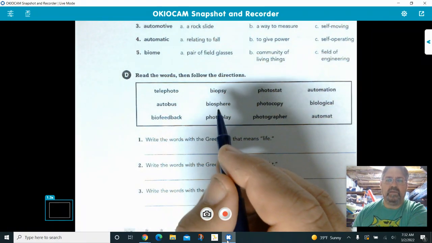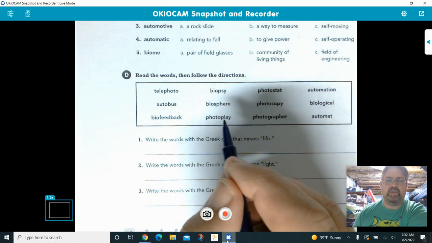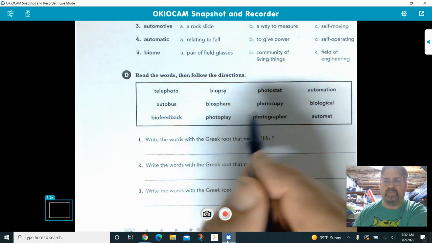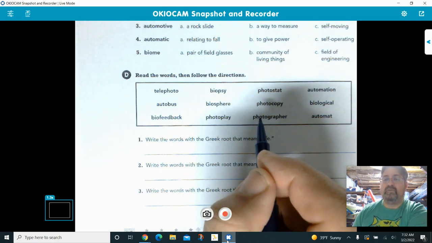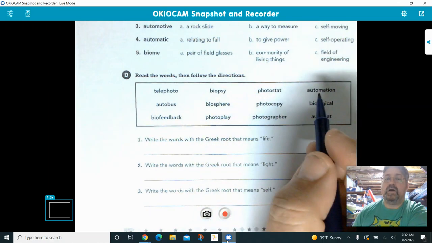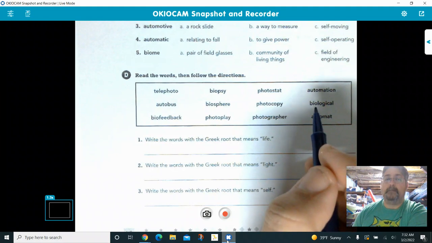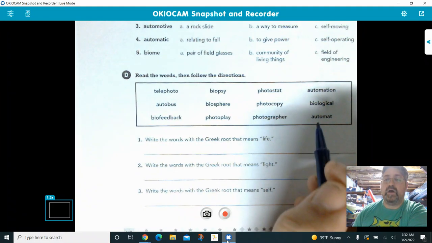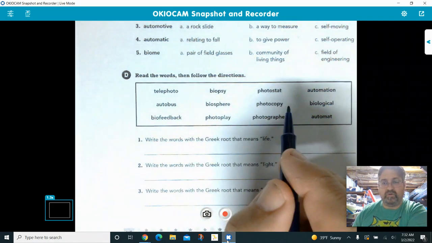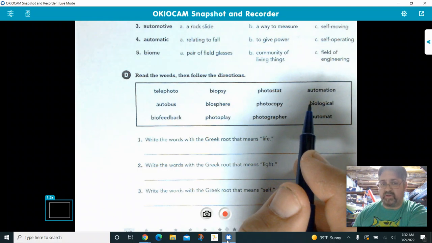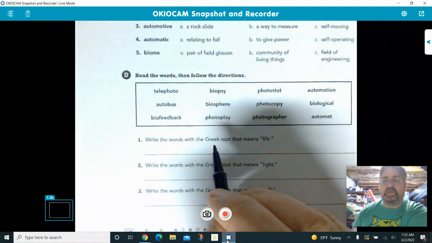Biopsy, biosphere, photoplay, photostat, photocopy, photographer, automation, biological, automat. Okay, these are words that you may be familiar with, you may not be familiar with. But write the words with the Greek root that